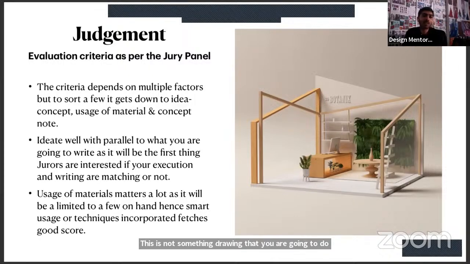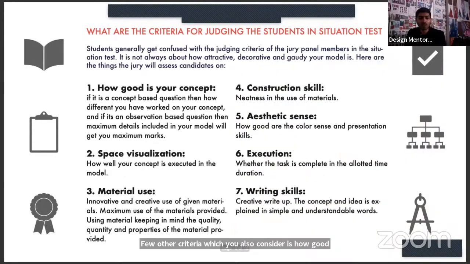A few other criteria you should consider is how good is your concept. If you are creating a space model, for example, let's consider you are developing a music space, a music room, as given in the question, and you have no idea how a music studio is, not in terms of the technicalities or the dimension, but also in terms of the functionality of what are the things you can come across in a music room. If you are just making a table and a console or a glass window with two people standing, that won't sum up a music space.